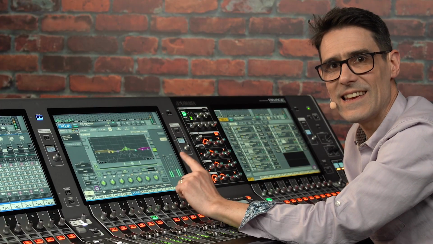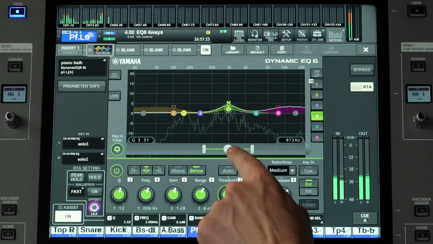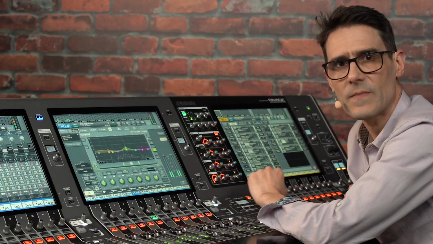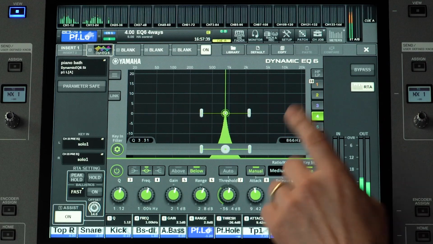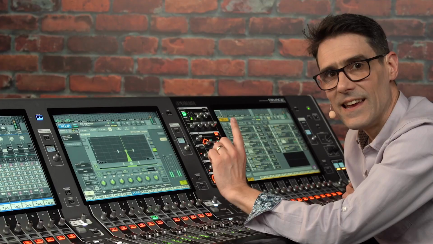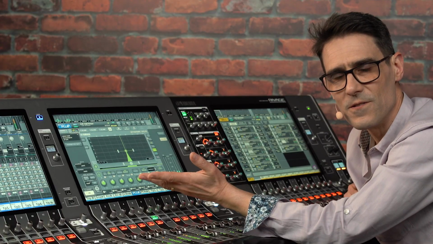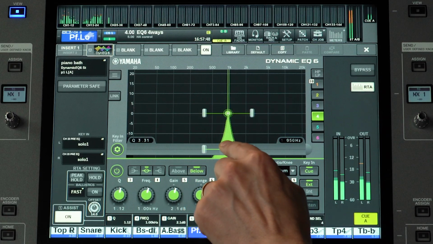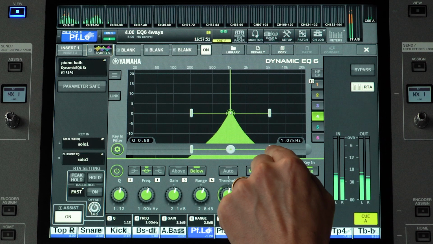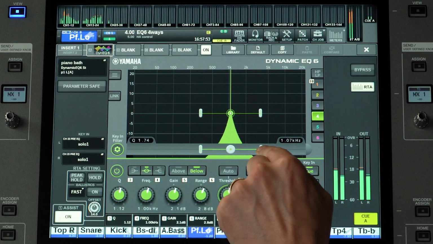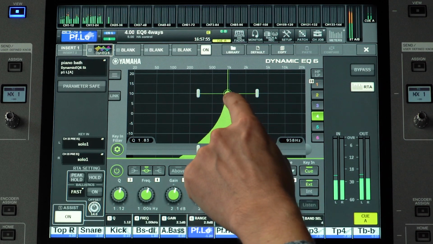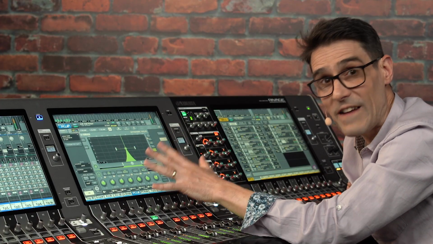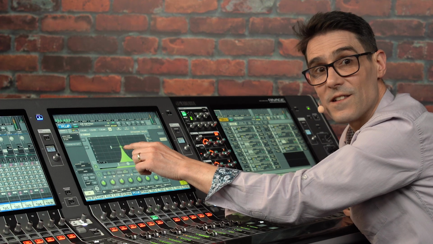By default, the key in is filtered with the same center frequency and Q of the EQ band. When you press Q, you can hear the key in the headphones or the Q loudspeakers. The frequency and Q parameters can then be dragged on the screen. Drag up to make it louder in the headphones. This is useful for fine-tuning the parameters to catch the target frequencies.